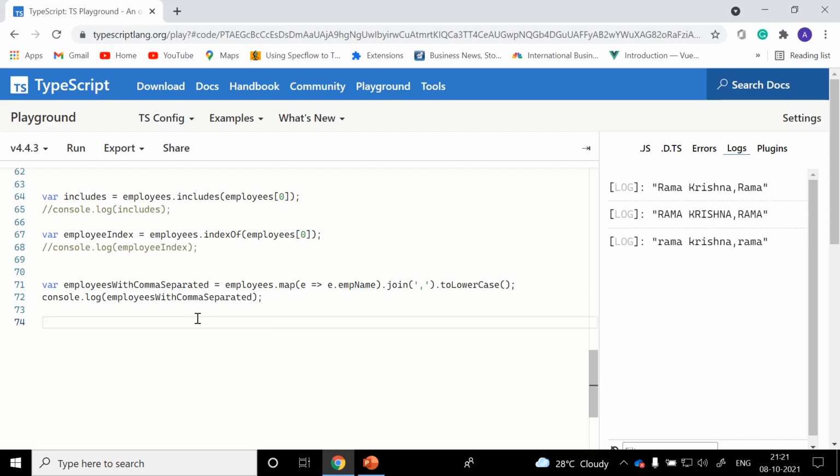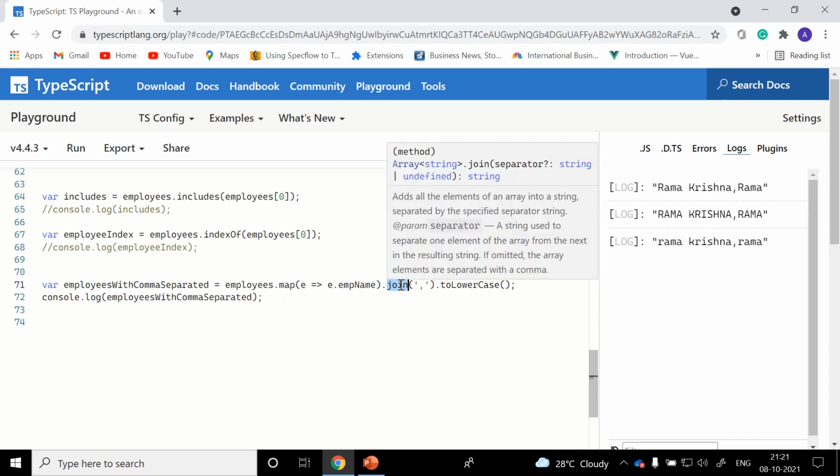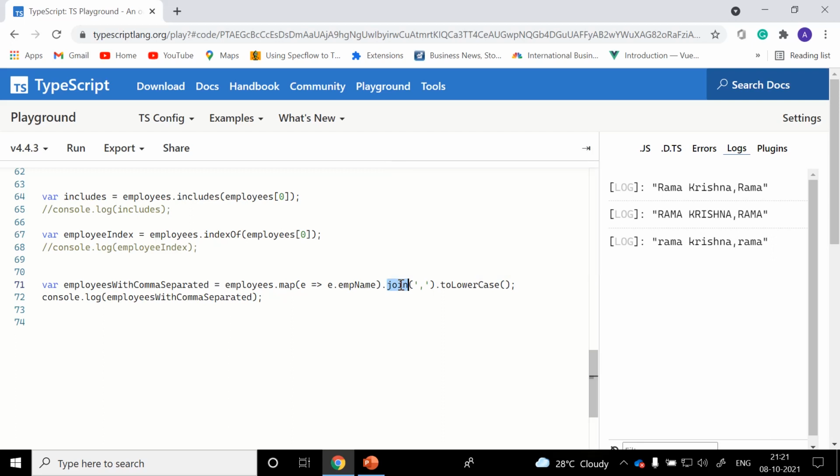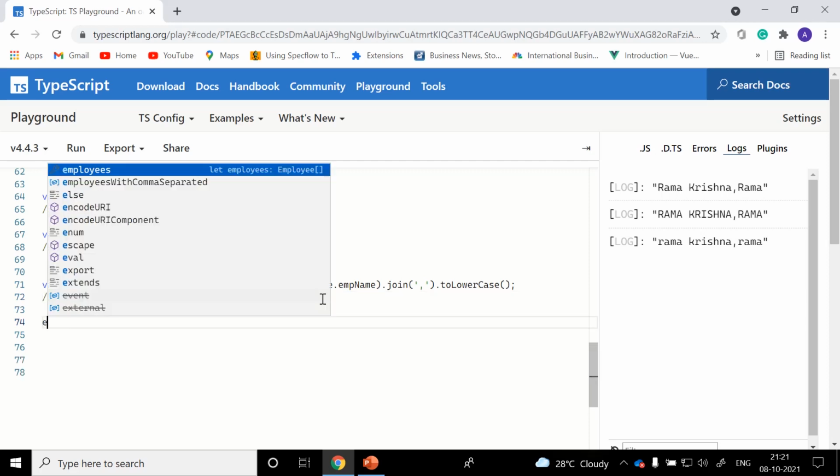In our upcoming sessions we will try to learn all the extension methods present for string. In this session we will try to cover as much as possible in array. We'll continue with our next extension method.